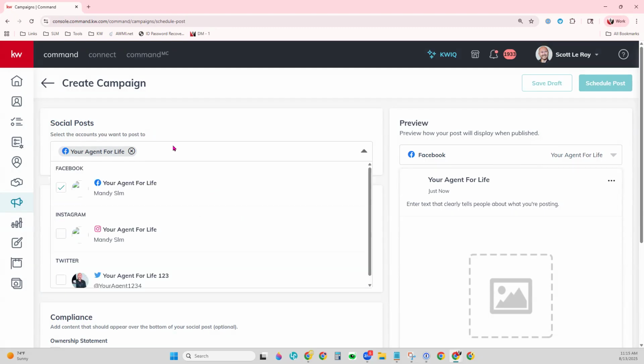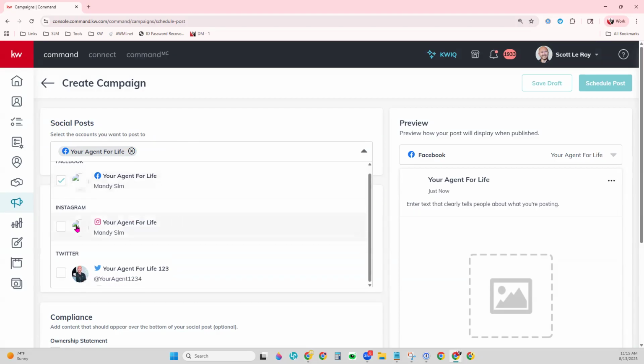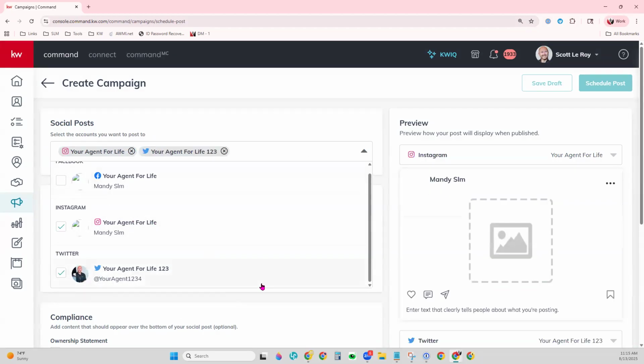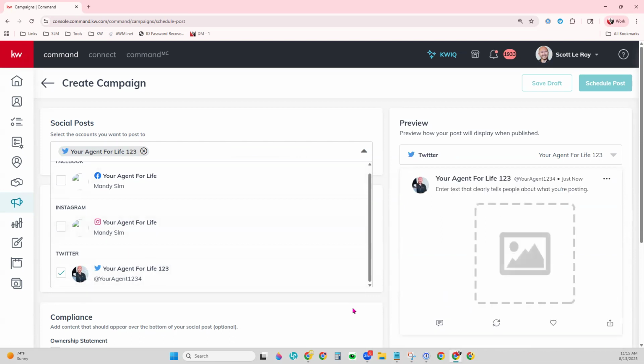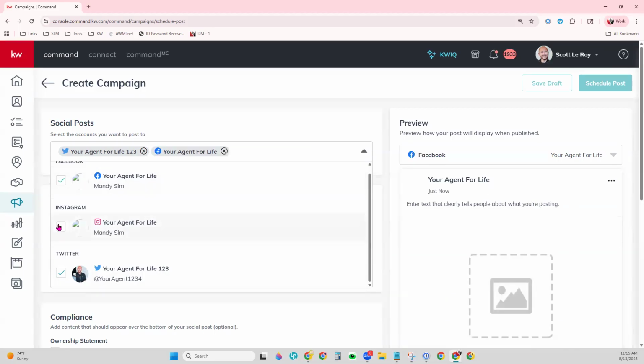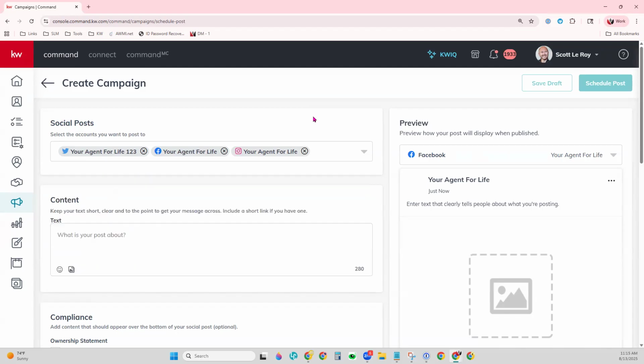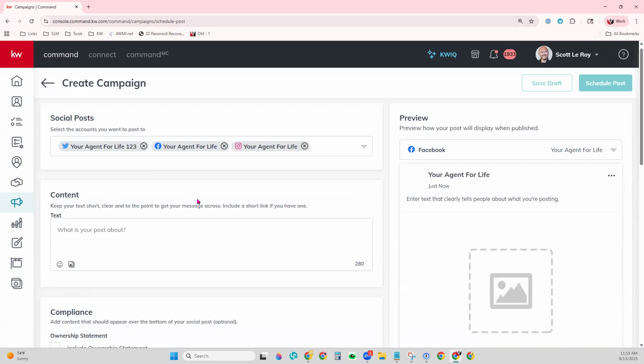So on the left, you'll choose the different quote unquote channels or different social platforms that you want the social post to be on. You can see first that Facebook is selected, but you could also choose Instagram and Twitter if you would like. And you can uncheck Facebook and just run it on Instagram or just on Twitter. It just depends on what you're looking for. But some of the convenience is to be able to run it on all of them, right? So just go ahead and select the channels that you want to run it on, and then come down to